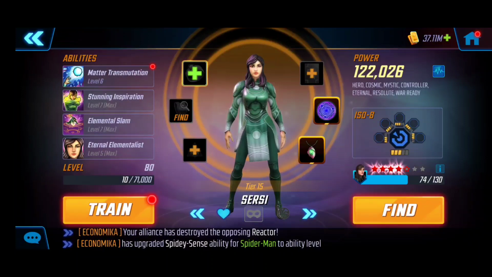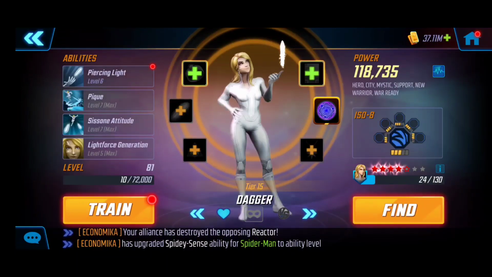And again, you don't need these characters built as high. As you can see, I don't have high yellow stars on them, but even given them in this current state, they're very, very powerful. Dagger and Cloak here. As you can see, these are the upgrades, and the nice thing about Dagger and Cloak is the fact that